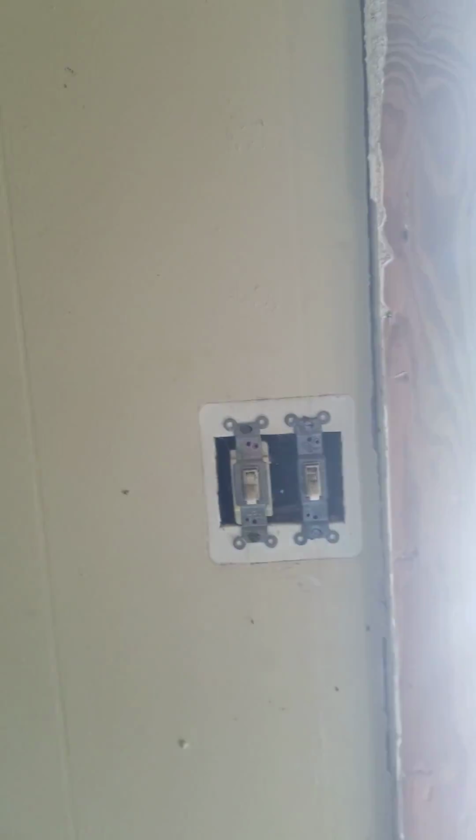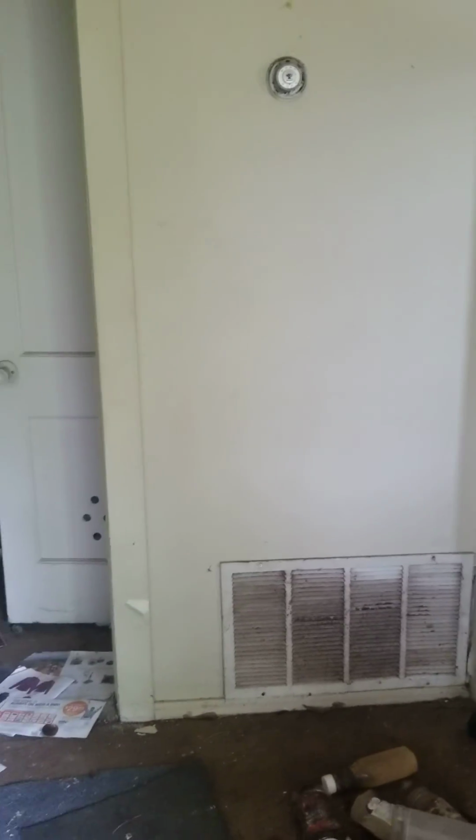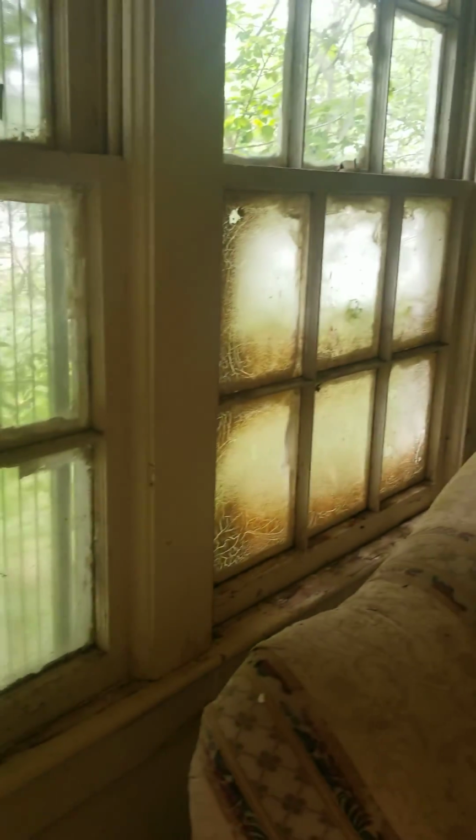I have already done a walkthrough, and I know as soon as you walk in the front door, the smell of mold hits you. It's very strong in the living room part of the house. It's quite dirty in here though, as well. But the mold smell is just very strong in the living room part of the house. These antique windows are kind of amazing though. I'm surprised that they're not broken, but they are not broken, and some of them even have